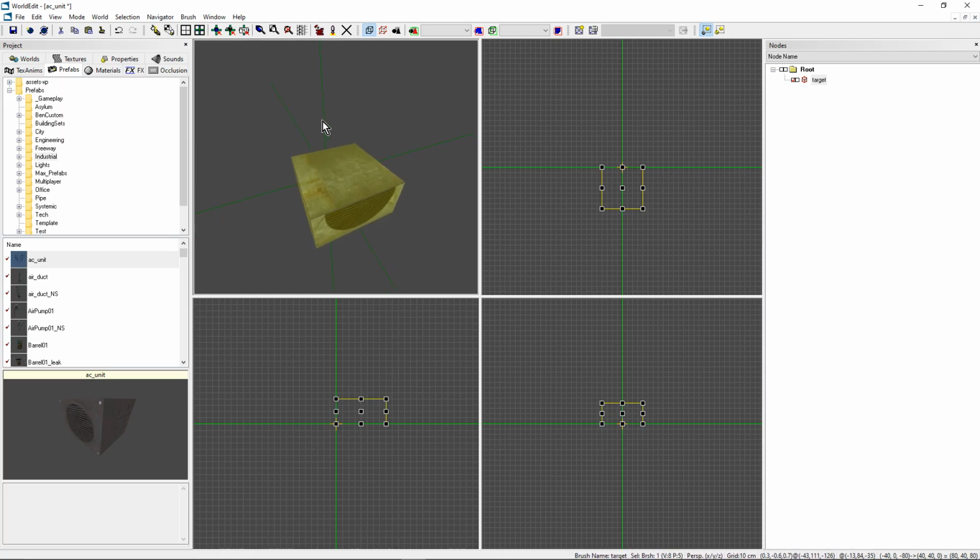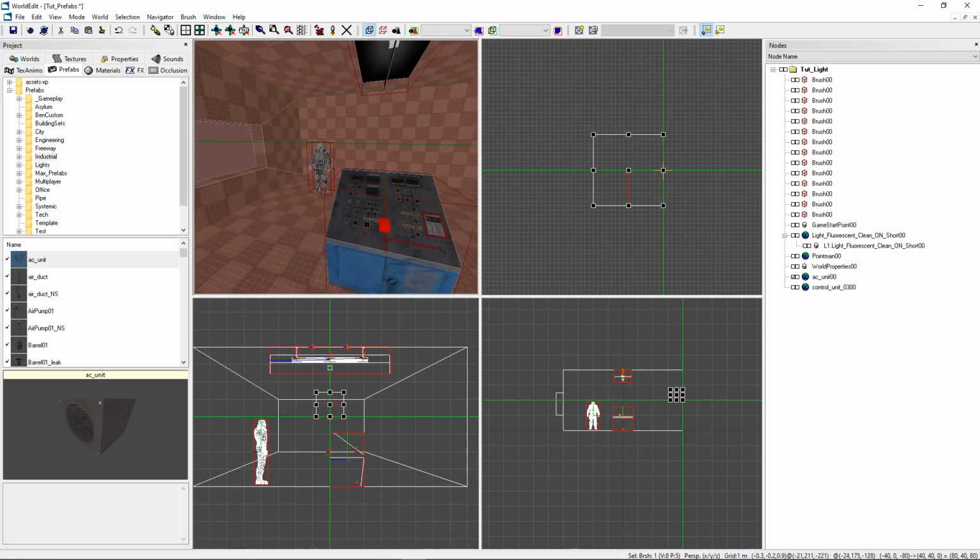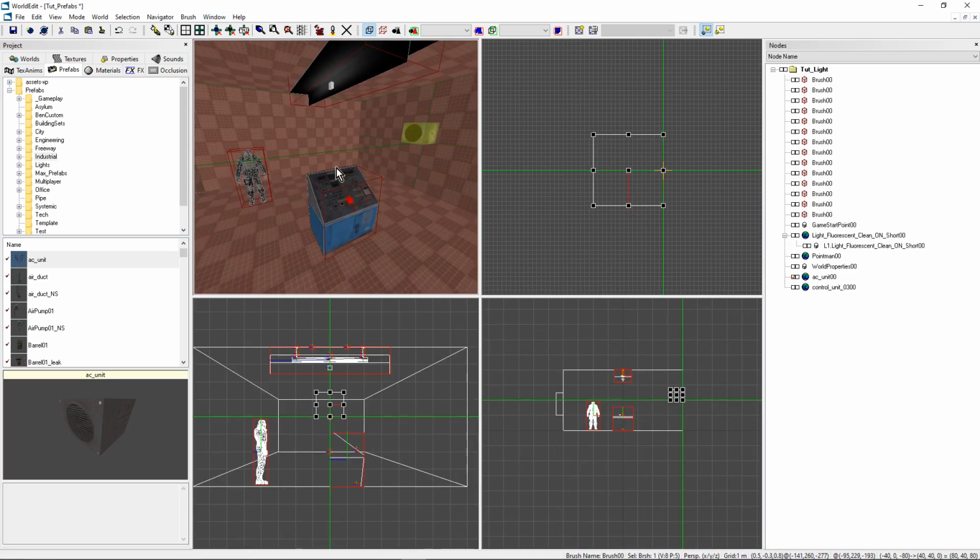If I save this prefab, this level, it will impact every prefab you place everywhere in your levels, because they are like instances. So this is a great thing about them. To change the level, you go in the windows on top and you can select the different prefab or level open. So if I want to come back to my tutorial prefab,